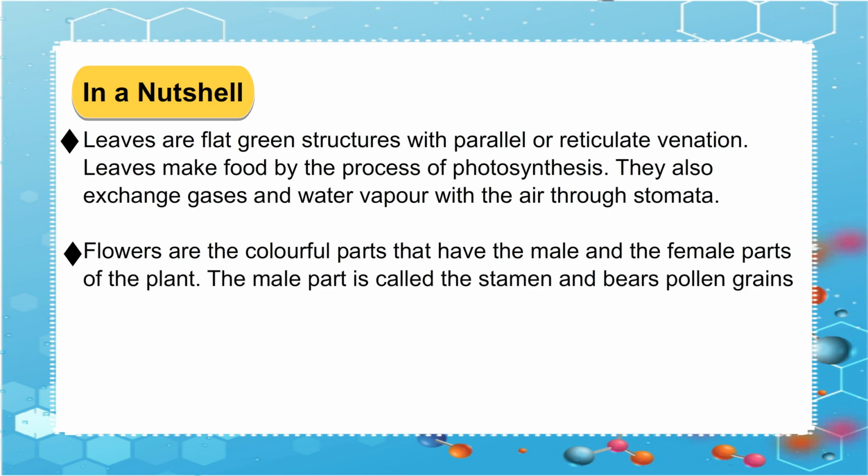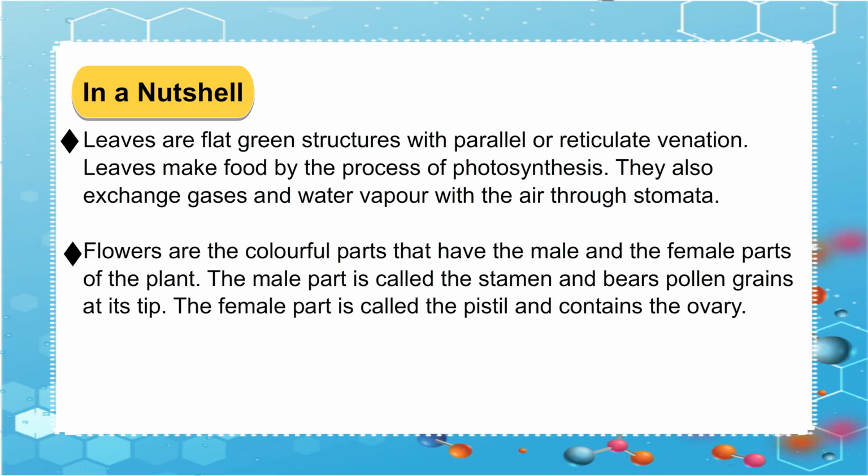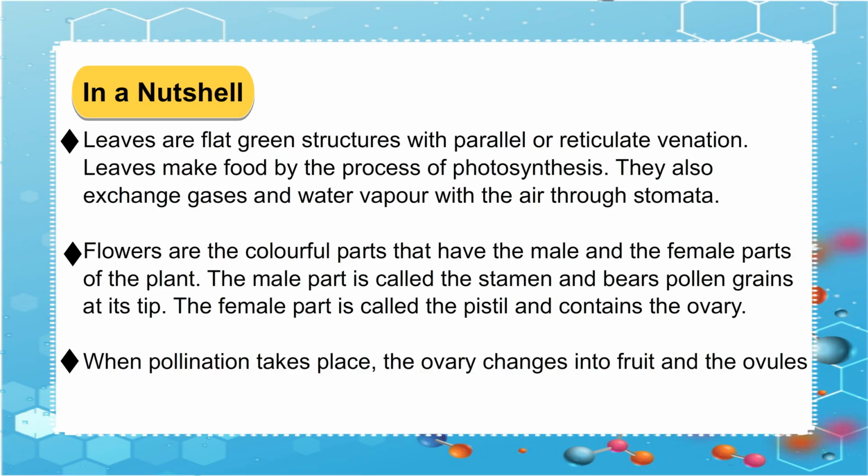The male part is called the stamen and bears pollen grains at its tip. The female part is called the pistil and contains the ovary. When pollination takes place, the ovary changes into fruit and the ovules change into